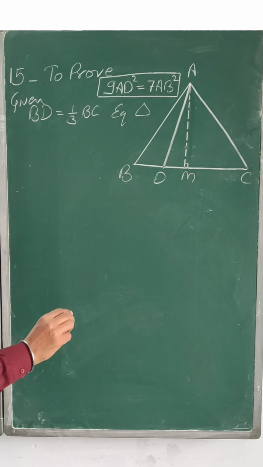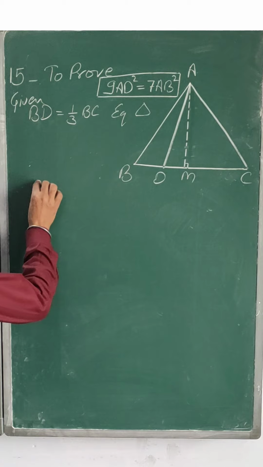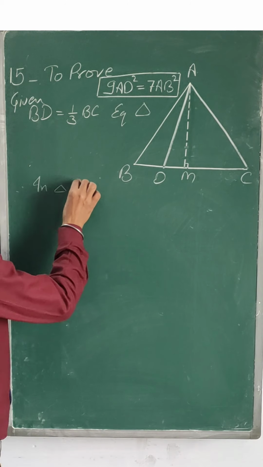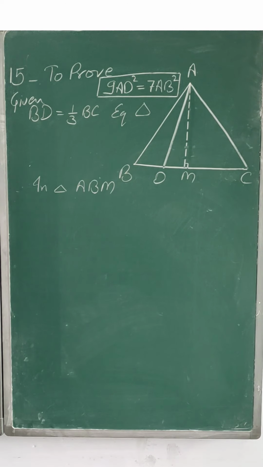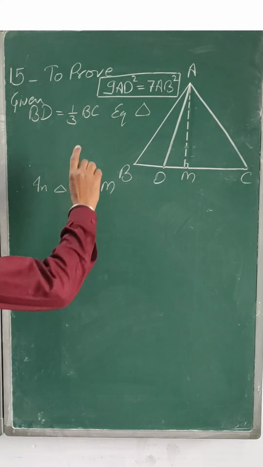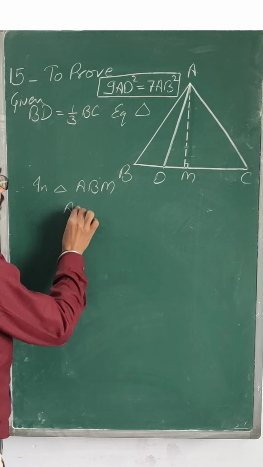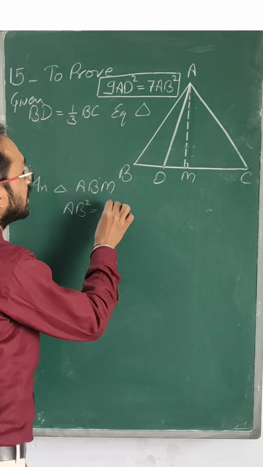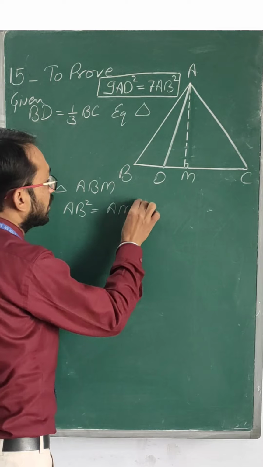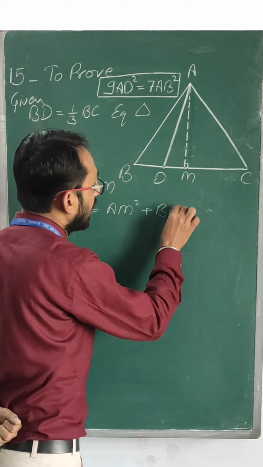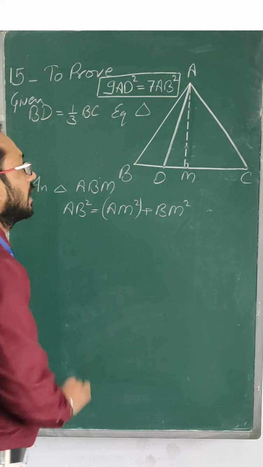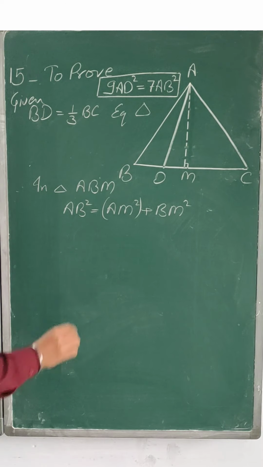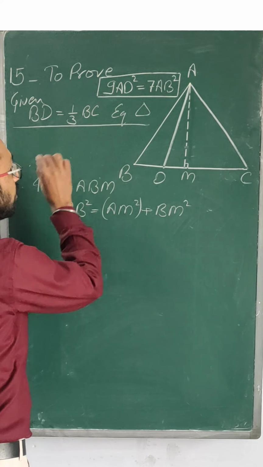So first of all, I am moving in triangle ABM. In triangle ABM, what I could write, AB square is equal to AM square plus BM square. I suppose it is very clear. Now the value of AM I am going to put, that I am calculating over here